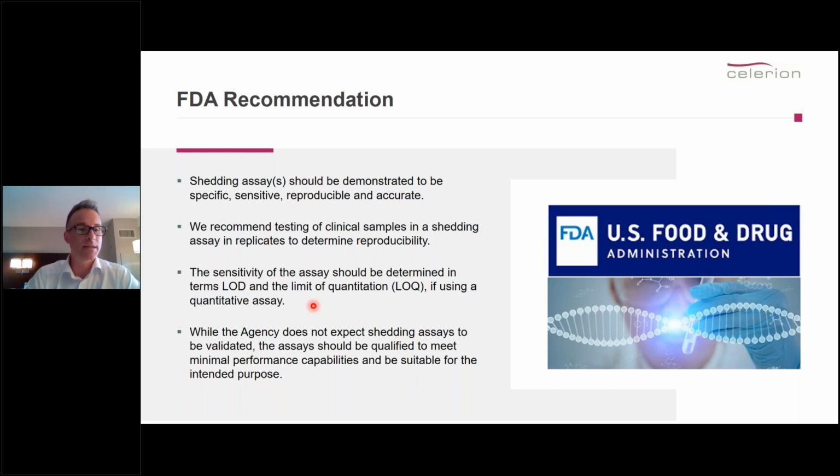for this particular assay. And also a very important paragraph that's written in there: the agency does not expect the shedding assay to be validated. The assay should be qualified to meet the minimal performance capabilities and be suitable for the intended purpose. But that sort of statement they've put in there, and I agree with, but also find a bit problematic, especially